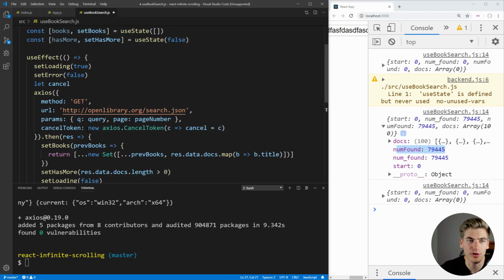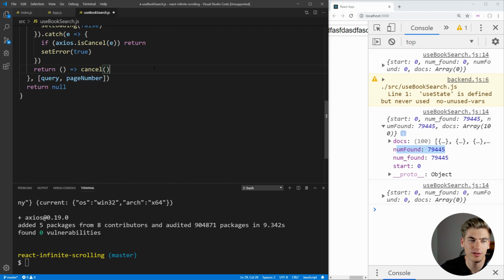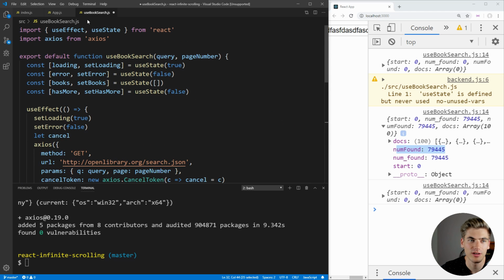And now that we have all of these different variables being set, we can actually return these to our user. So down here in our return, we can return an object, and this object is going to contain loading, it's going to contain error, books, as well as has more. So now all of the state from our hook is being returned from this hook, and we can use it